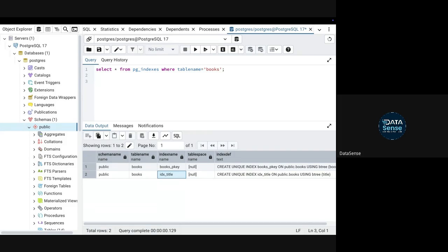No. Suppose you already have a duplicate in your table. Okay. And then if you try to create a unique index, it will not create. Yes, understood. Okay. So you cannot do reverse engineering like that. If you try to be smart, it will not let you do. Right? If your table has duplicates, then you won't be able to create an index on that. It will give you an error.